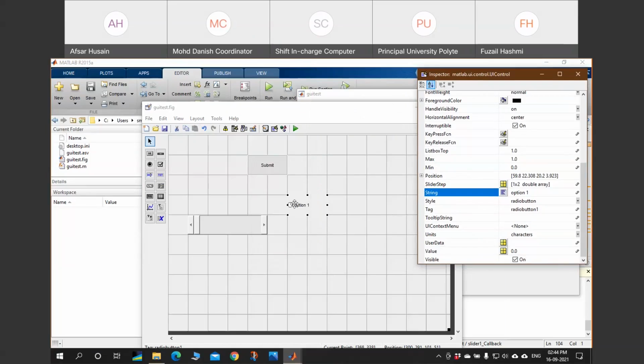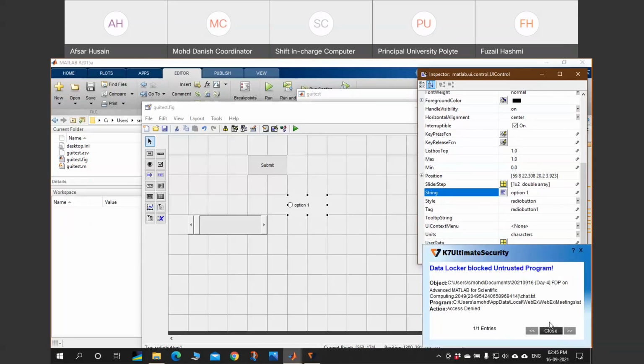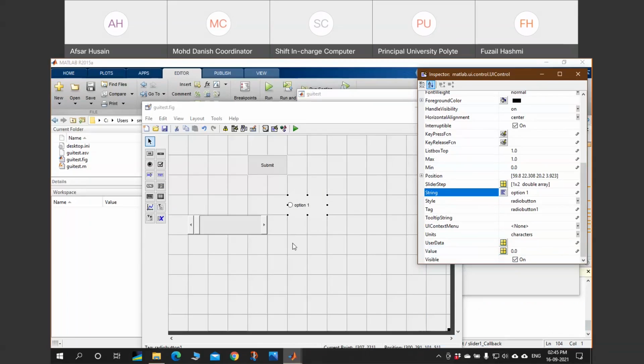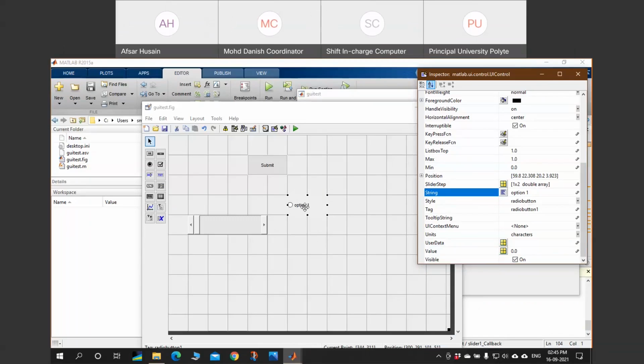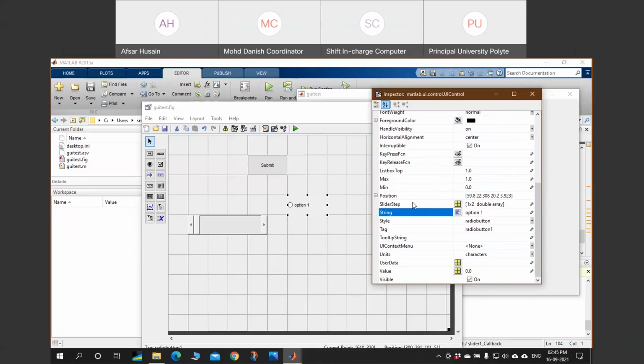In the first option, you can provide area of circle. In the second button, area of rectangle. In the third button, area of parallelogram. So whenever somebody hits the area of circle radio button, the program will calculate the area. This is the utility of the radio button.